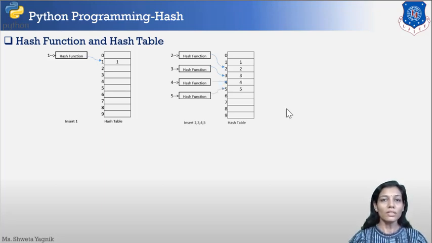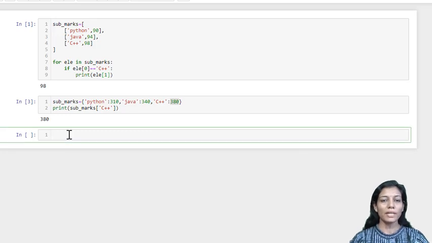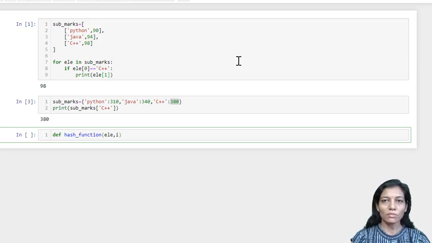So in order to map a specific element at a specific slot, we'll be requiring a hash function. Now we'll be seeing how to implement the hash function using Python. The first step of a hash table is the hash function. So the definition of the hash function will be requiring the element and the size of the table.